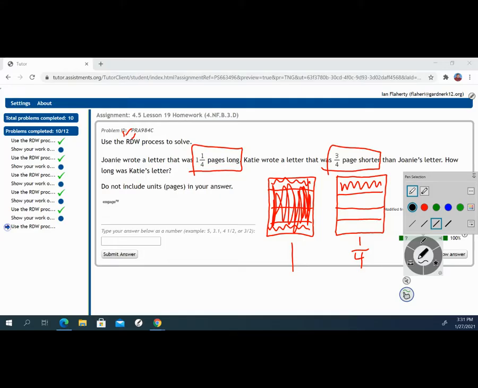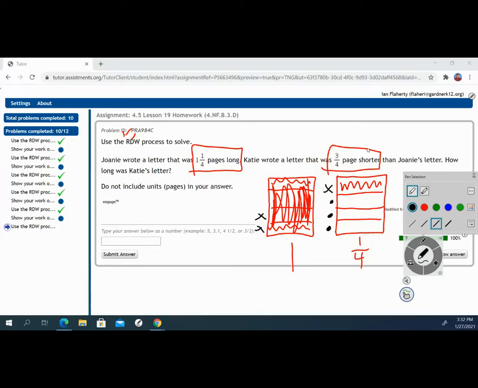We're trying to find how big Katie's letter is. Katie's is 3/4 pages shorter. So does that mean that I'm going to only do something with 3/4? Does that mean I'm going to add 3 more, that 1, 2, and 3? Or am I going to take away 3? Again, if someone is shorter, or if something is shorter, that means it's less, or there's